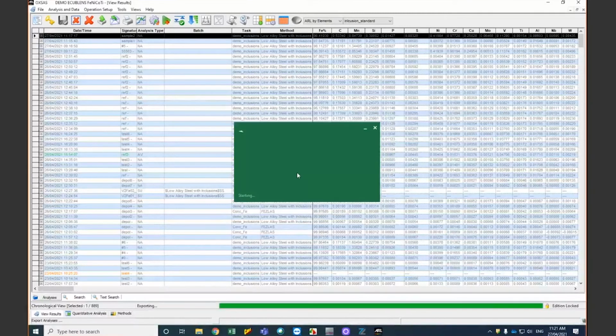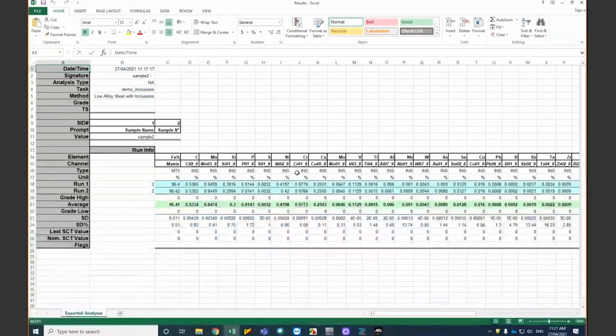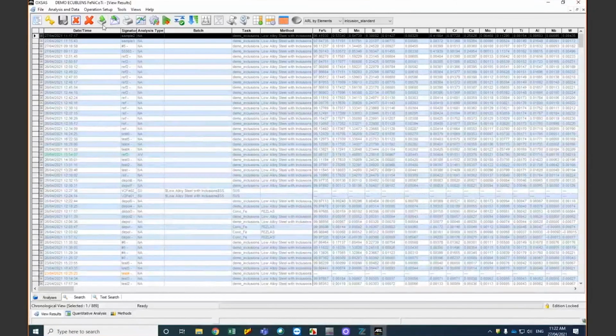So if you want to treat the results in a third-party program like Excel, which is quite common for people to use, then you can treat the data like that. You can export, or it is possible to